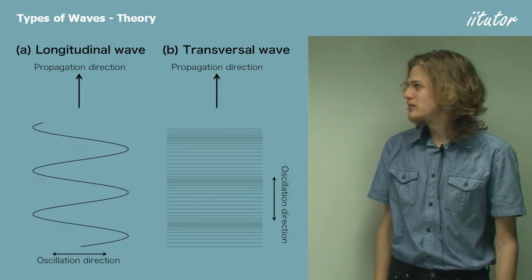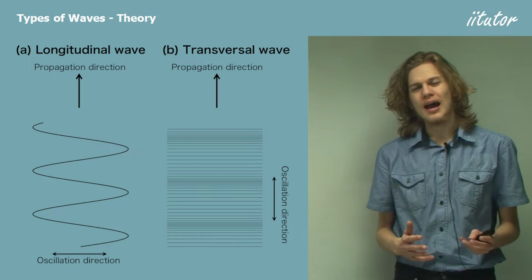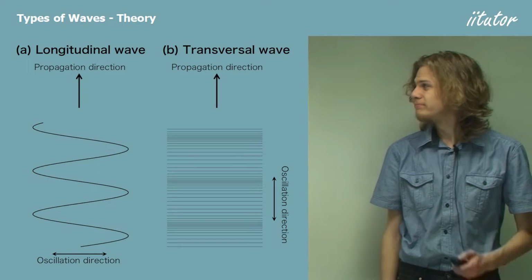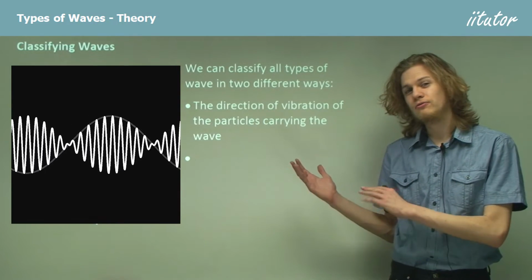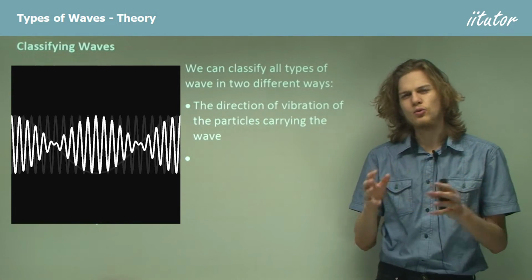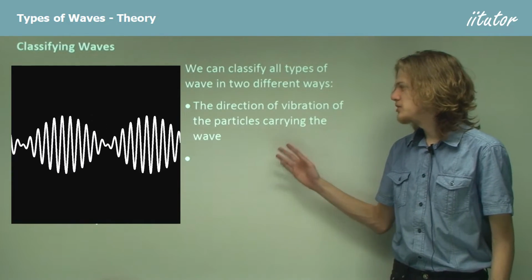Today we're starting on a section called Types of Waves. So here we'll be looking at how we can classify different sorts of waves and some of the differences between them. It turns out that for any wave, we can use a few criteria to split them into different groups. So one thing that we can look at is the direction of vibrations of the particles in